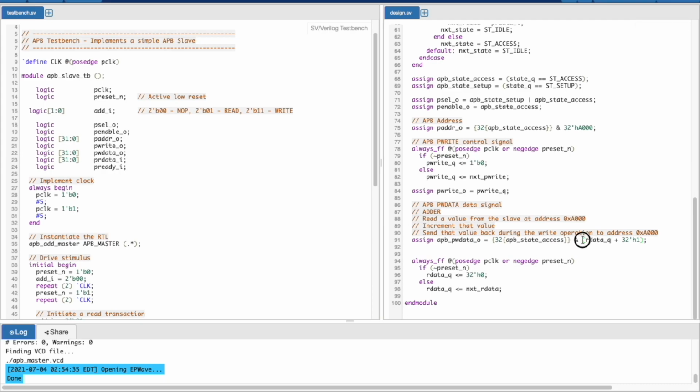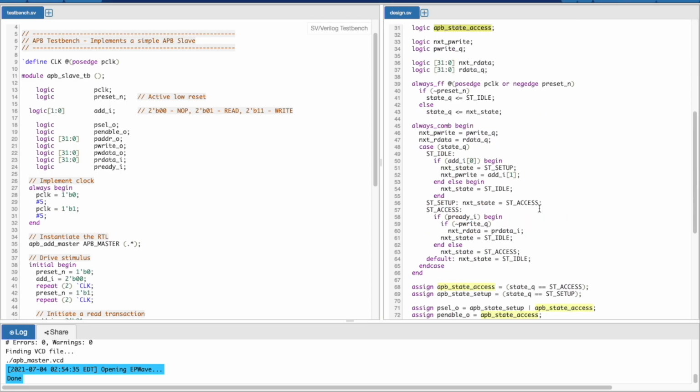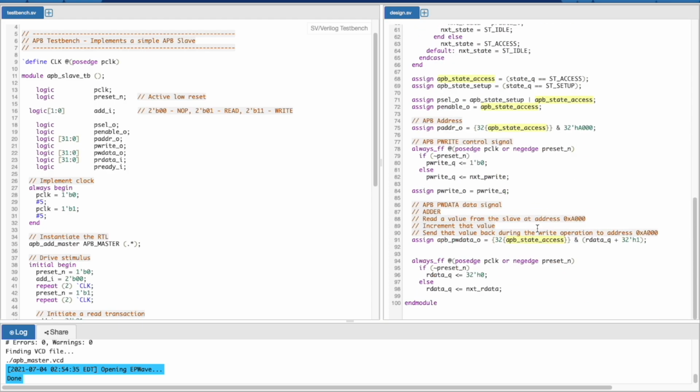So this should have become 16 here, but it is not. Okay, so we are using the correct signal. Well, let's remove this for a second, and this was captured correctly.